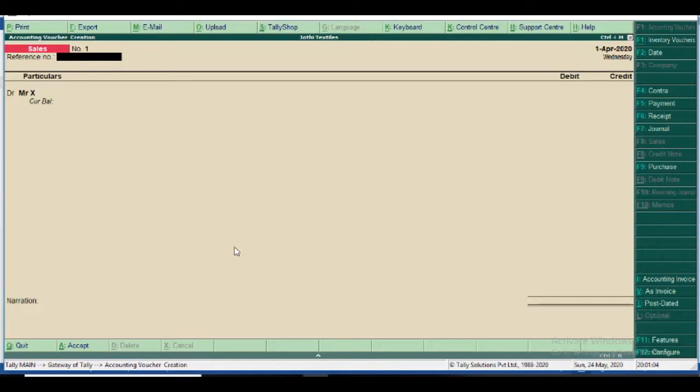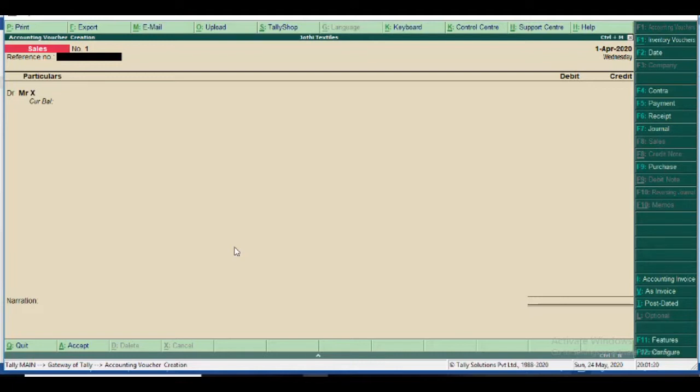Please note, Alt plus C is online creation, Control plus Enter is online alteration, and then in alteration mode Alt plus D is the shortcut key for deletion of the masters.